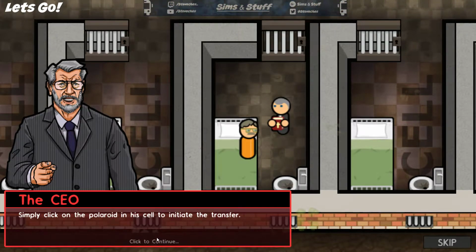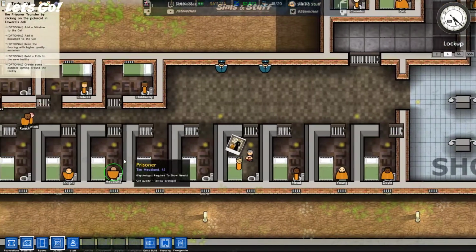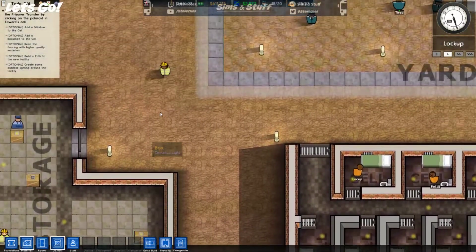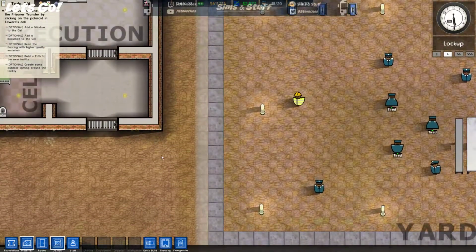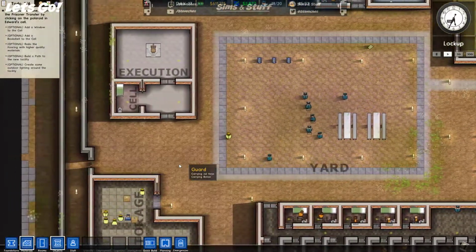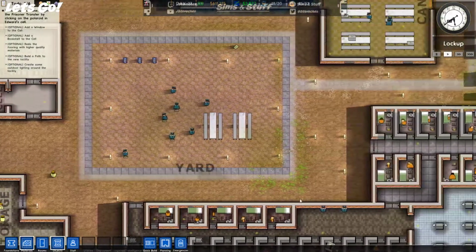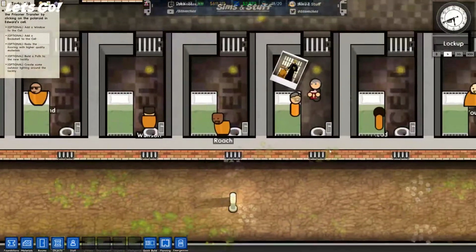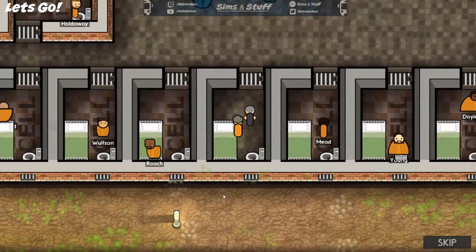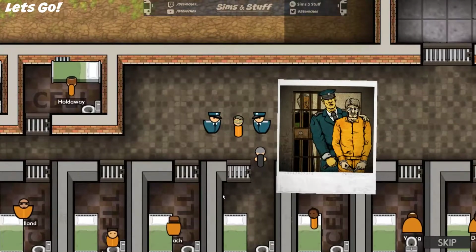Okay, so let's go back, see if we want a pathway really, don't we, to that facility so they can get into it. So we could do a path. Have these got pathways though? Not really. He's going to be executed. Why would you want to give him a window and stuff? We wouldn't, would we? So let's click on his Polaroid. Okay, so he's being